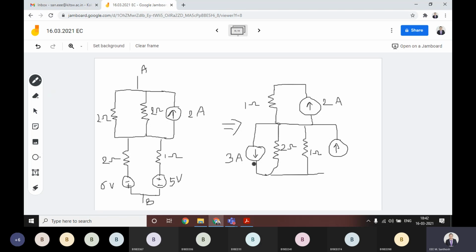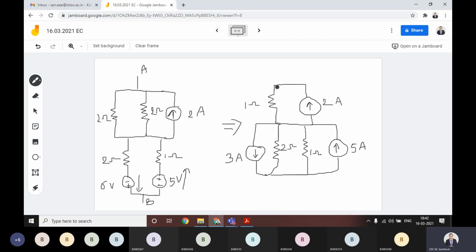Why am I writing the direction this side, why am I writing this side? Can anyone tell us? Polarity. The current direction is based on the polarity. Here you can see from negative to positive the current will go this way, and in this case the current will go this way. For that reason the current direction I am giving you here for this current source is this side, and for this current source this side.